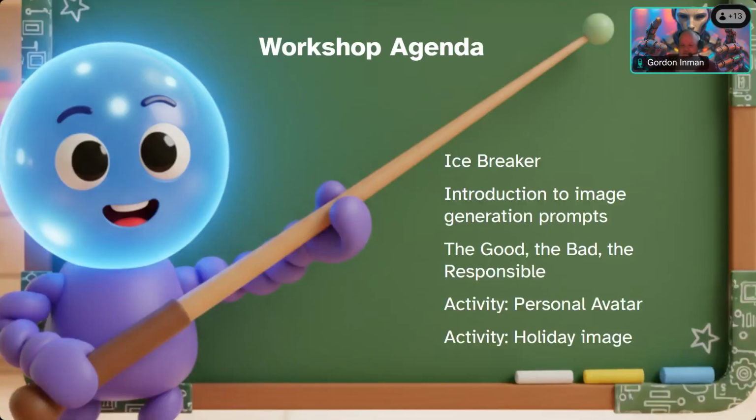So this is our agenda. We're going to do a quick little icebreaker. Then we're going to get into how AI works, at least the most popular form of generating images. Then we'll talk about the good, the bad, the responsible, or the concerning, I guess. I should change that from bad to concerning. And then we'll get into the activities of creating your own personal avatar, and then creating some holiday images